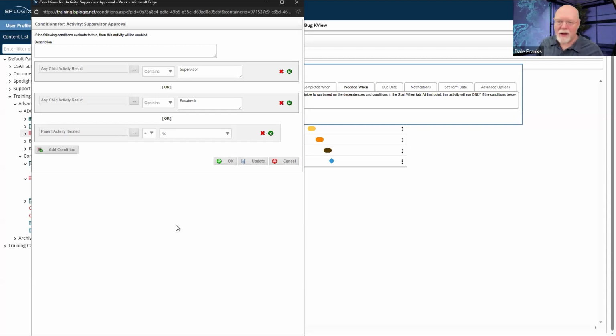And if I'm going to make ever more complicated approval loops, I can still do everything inside the looping tab of the parent activity and inside the needed when tab for each of my child activities to determine when I want them to run. I don't have to create any branch activities, so I don't have to create a branch activity between each of the approvals to return it to the previous approval step. I can just go through and set my conditions.